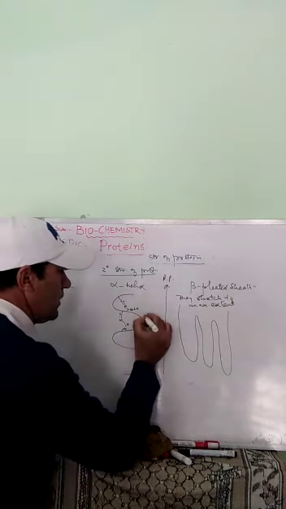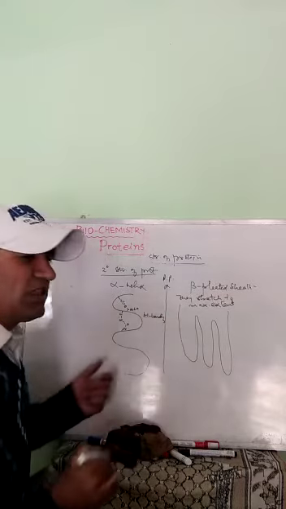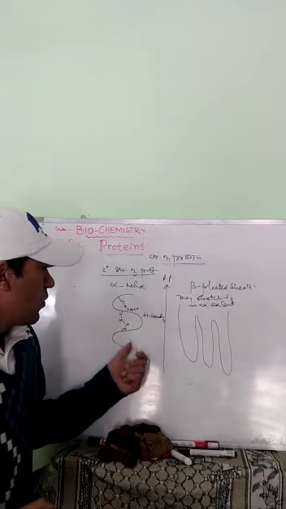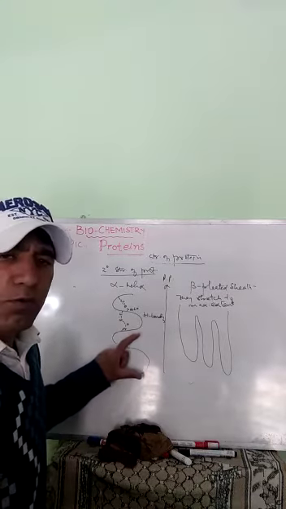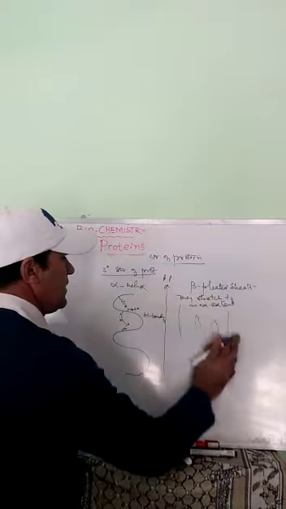So due to this hydrogen bonding, they are coiling around itself. So in the alpha structure, hydrogen bonding takes place, whereas in the beta sheet structure,